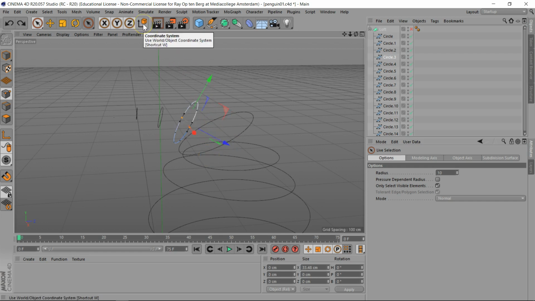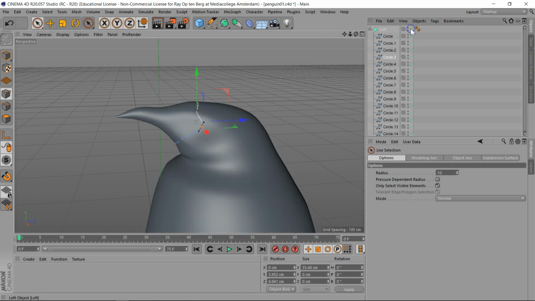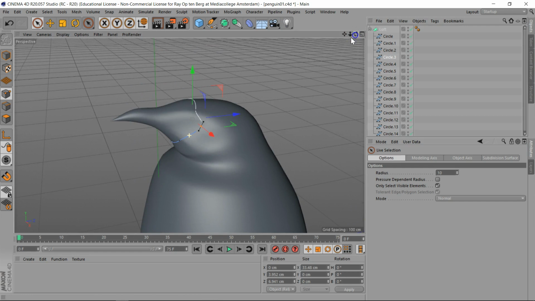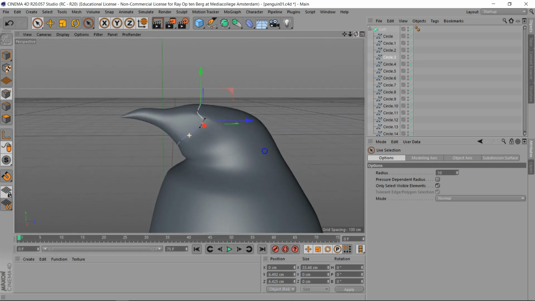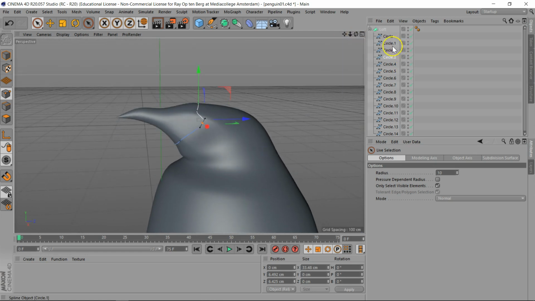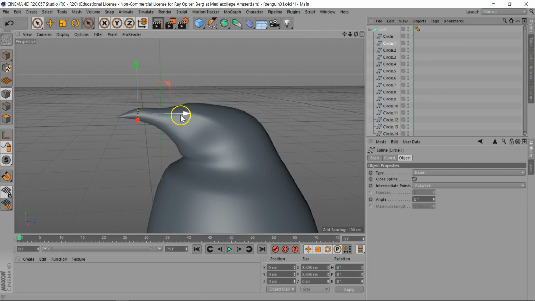I can also go to global axis, which will snap the axis to the global axis of the entire universe, and then I can do it like this. It won't have much impact though, I think. I get this sort of indent that more or less tells me that there's supposed to be an eye socket there, so I like that. And maybe this one,